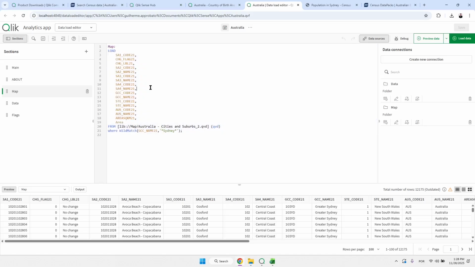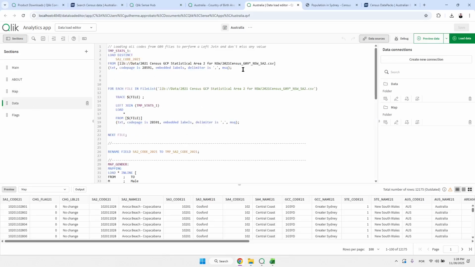So we load this. We have all the levels with SA1, SA2, SA3. I will provide you with the Sydney part of this data, okay? Next step is to load all possible SA2 codes from all these files. So I want to load all G09 from A to whatever there is, A, B, C, D, E. So that's why I'm using here this star. I will load all these files to make sure that I won't miss any SA code in this table. Okay, so I leave this here hanging in a separate table.